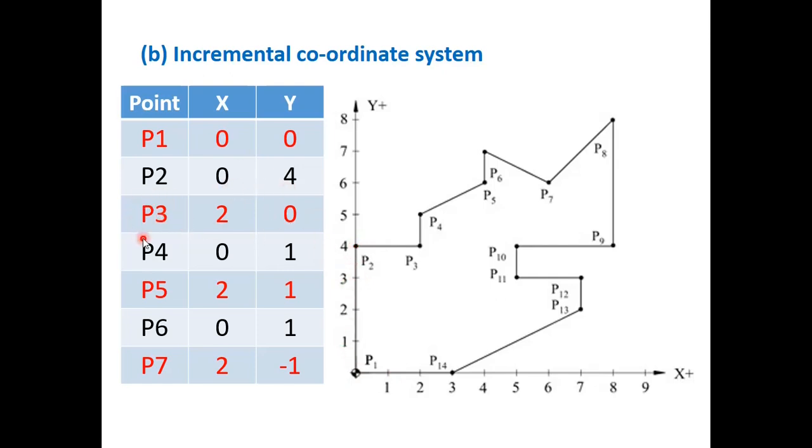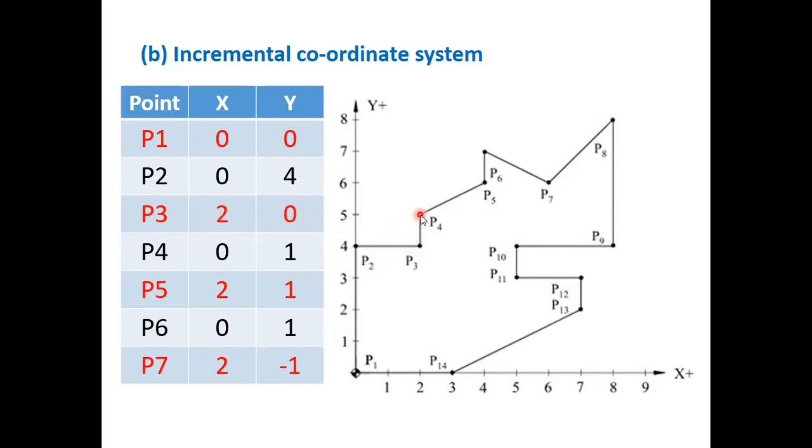Now let's go to P3. When you go to P3, you can understand more easily what the incremental coordinate system is. For P3, P1 is not the origin. For P3, the origin is P2. So coordinates for P2 become 0 0 now, and from here I have to measure P3. As 0 0 is lying here, I have to move only 2 units in x and 0 units in y. For P3, P2 is 0 comma 0, or I can say P2 is the origin. So I have to move only 2 units in the x direction. That's why 2 comma 0.